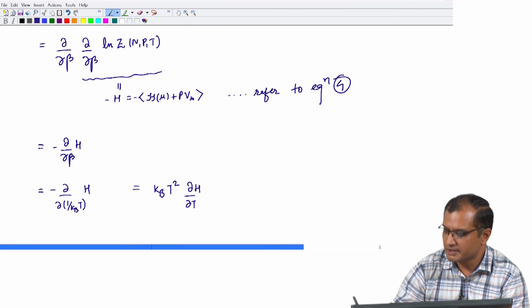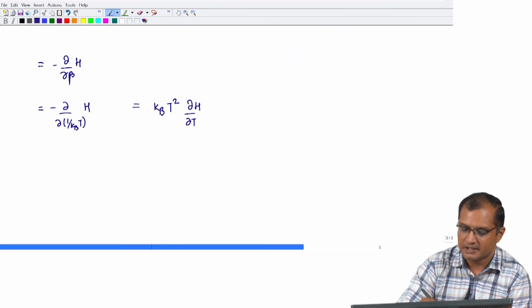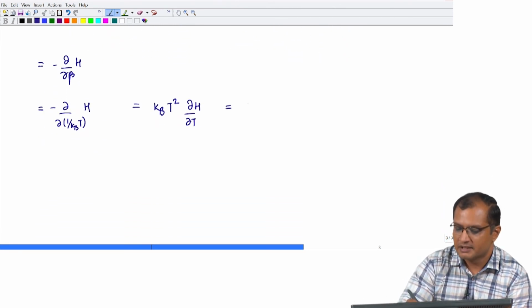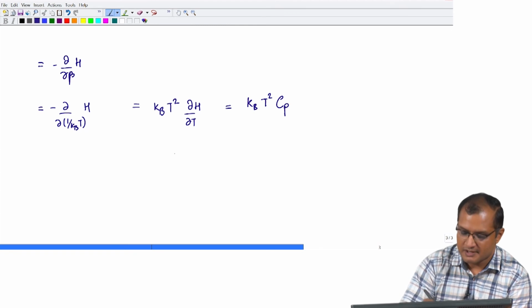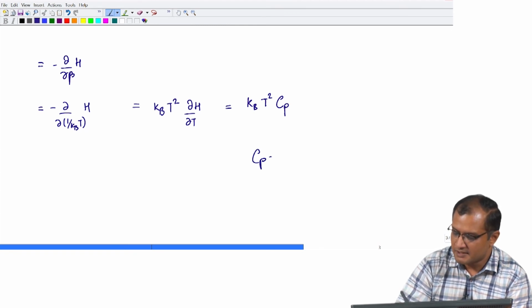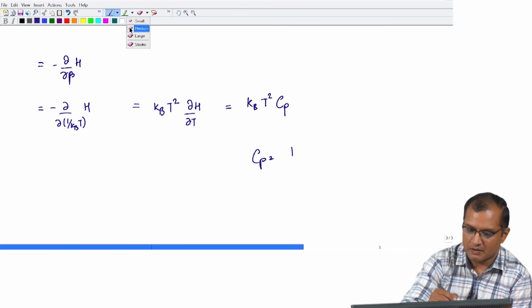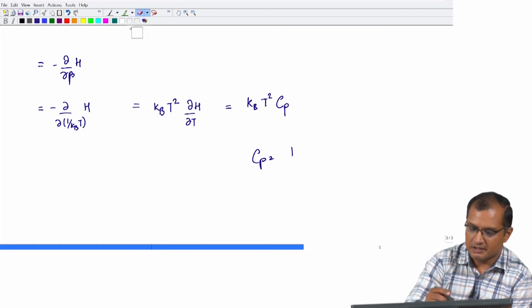And this temperature derivative of enthalpy is called the heat capacity at constant pressure. Okay. So, Cp here is the heat capacity at constant pressure,